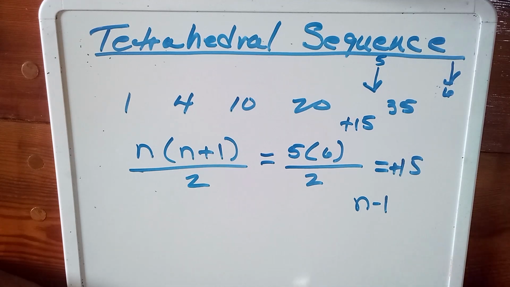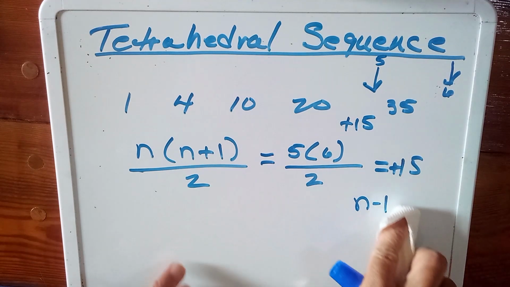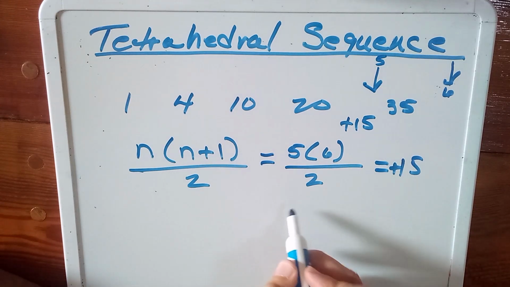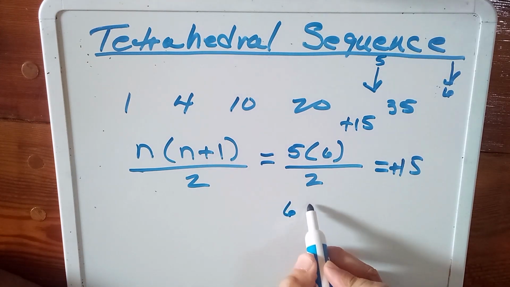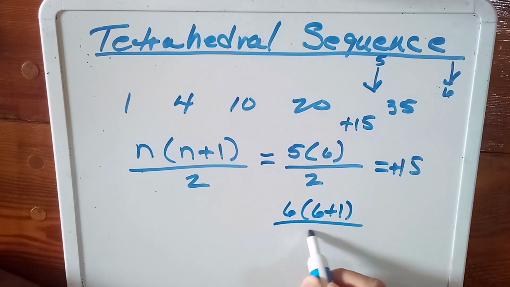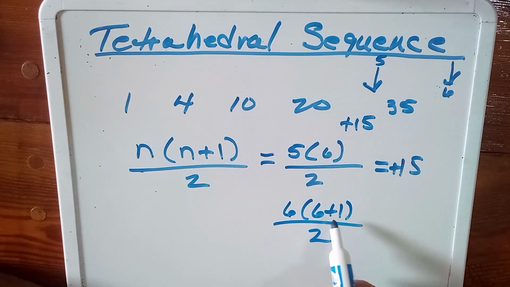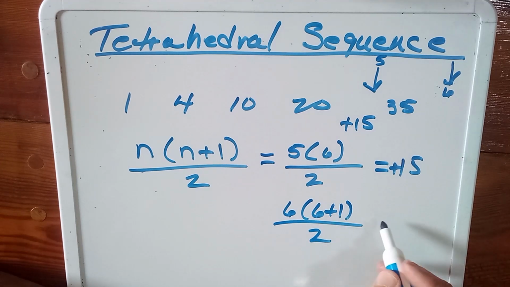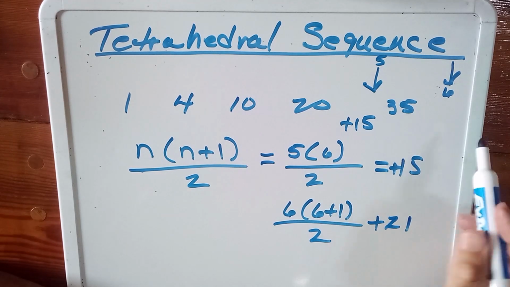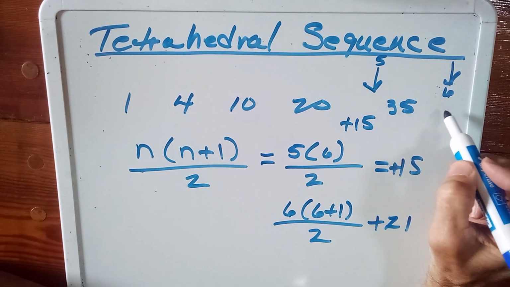I've done the fifth here, so let's go ahead and do the sixth. In this case, it's going to be 6 times 6 plus 1 over 2. So that's 6 times 7, 42 divided by 2 would be plus 21. So in this case, 35 plus 21 would be